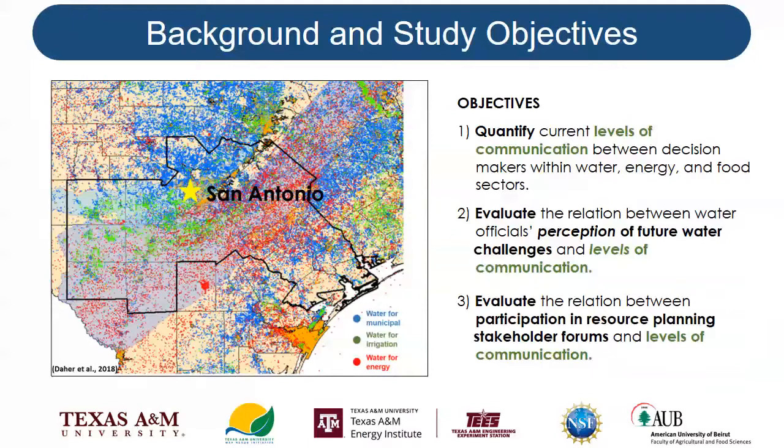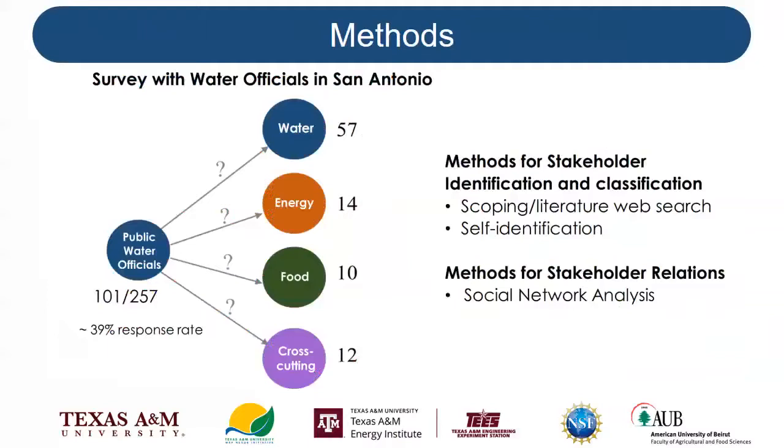The second, we wanted to look at different factors that might have a role in affecting that communication. So we wanted to evaluate the relation between the water officials' perception of future water challenges and see if that has any impact on whether they would communicate more or less with other energy and food or water players in the region, and also evaluate the relation between their participation in different resource planning stakeholder forums and that level of communication. So we sent out the survey to 257 public officials, 101 of which responded,